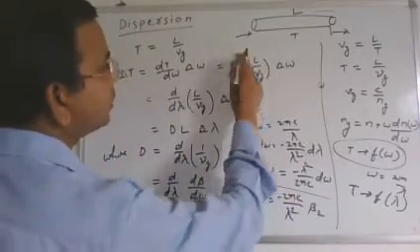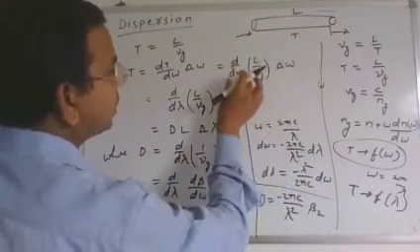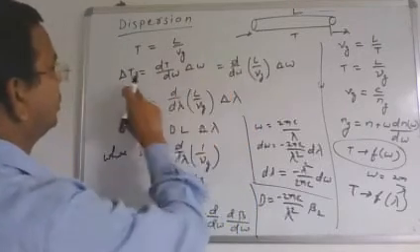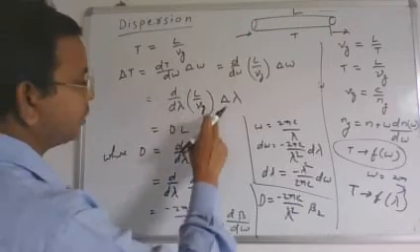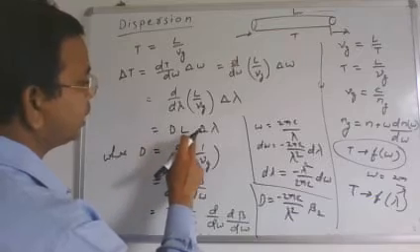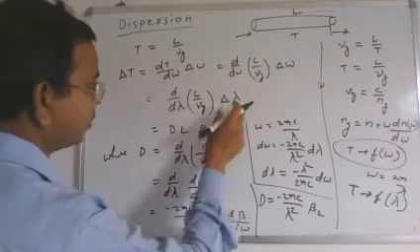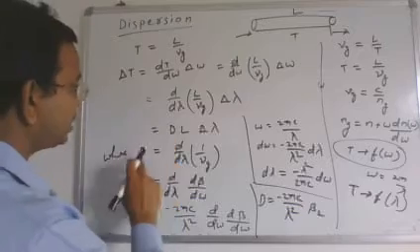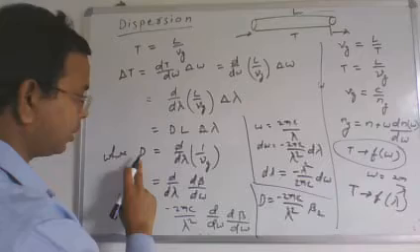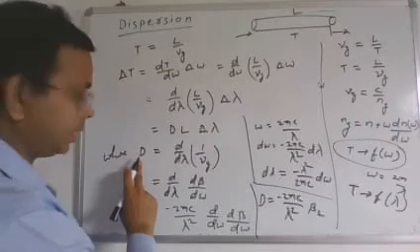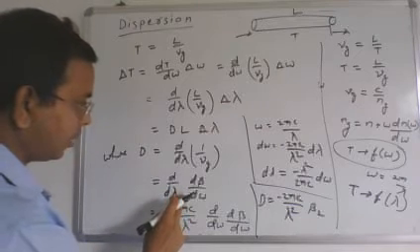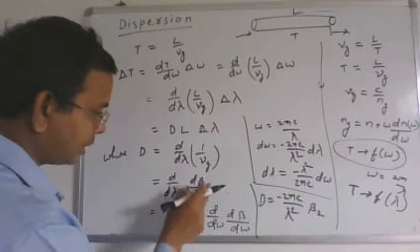So here in this expression, delta omega by d omega is being replaced by delta lambda by d lambda. So delta t is equal to d by d lambda of L by Vg times delta lambda, which is given by the equation D L delta lambda. L is constant, delta lambda is there. So what is this D? D is nothing but d by d lambda of 1 by Vg, and this is called the dispersion coefficient D, which can be written again as d by d lambda, and 1 by Vg is d beta